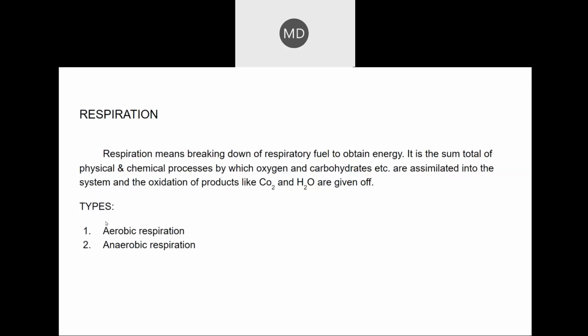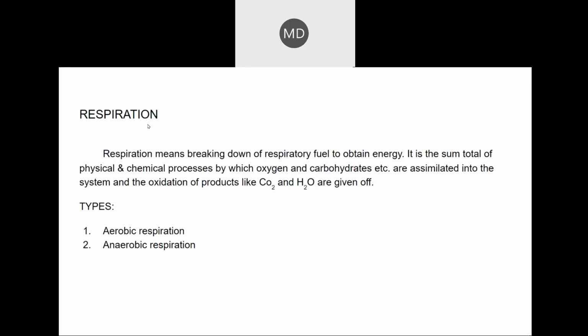Ma'am, involving oxygen. Yes, aerobic is where oxygen is involved. Anaerobic means there is no oxygen, absence of oxygen. Where oxygen is involved, like in respiration, as we discussed, I specifically mentioned that glucose needs